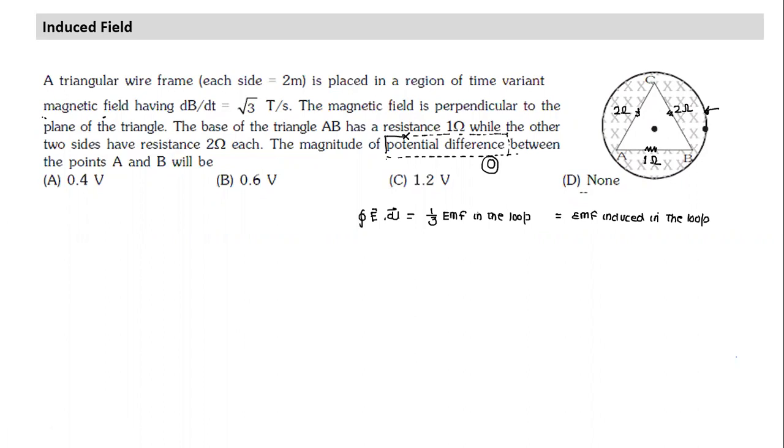Okay. So can we calculate what is the E dot dl? You understand the difference between the two. Why not potential difference? Because whenever we talk of induced field, there are 3-4 points we have to keep in mind. Again, I'll repeat them. What is a specific point related to induced field? Induced field is created by a time varying magnetic field.